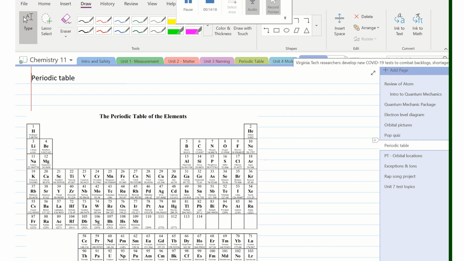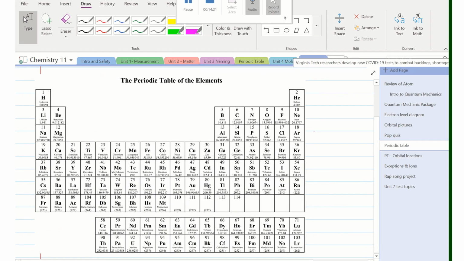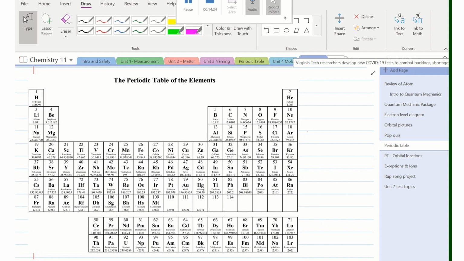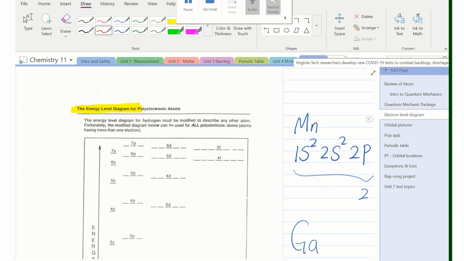I want to make sure you have your periodic table with you as well. The periodic table is actually arranged in energy levels, like shells, as you should remember. This is energy level 1 and 2 and 3 and 4 and so on, all the way to 7. That's the last energy level, and it should be all completed here. So 7 energy levels, corresponding to this energy diagram, where we have the really high energy levels on the top.